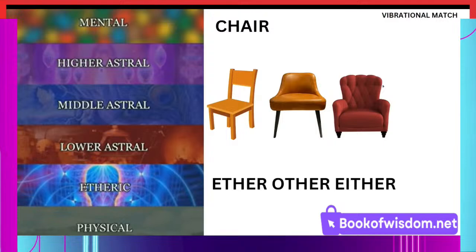Because we're all in these worlds right now as we speak, but we can't see them with the two physical eyes. We can feel it though. When you've just met a new person, for example, you can feel their vibration, and if you're not on a similar vibrational match, you won't connect with that person because you're on two opposing frequencies, not matching. And this is something you can't see, you can only feel, because it exists within the astral plane. Everything in the astral plane is made out of vibrations.